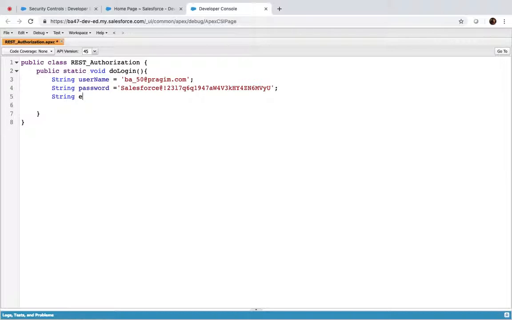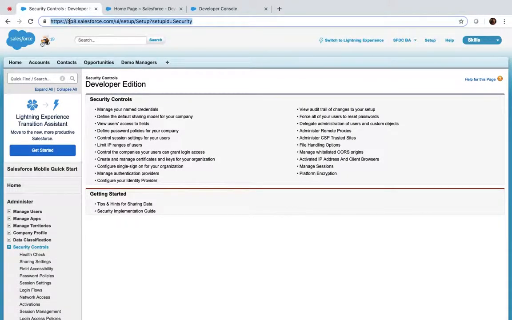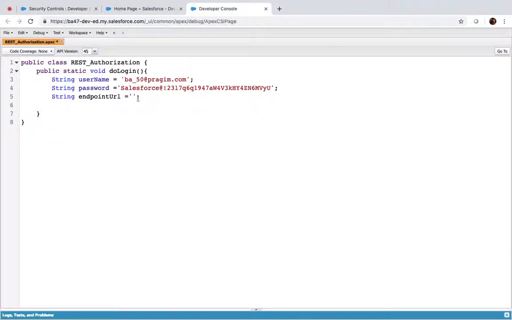String endpoint URL. What is the endpoint URL here? This one. The endpoint URL is this one. So you don't need all of this; up to salesforce.com is your endpoint URL. Clear? What we have is username, password, endpoint URL, and then we need to know the String